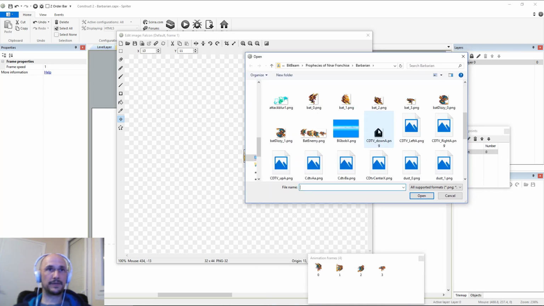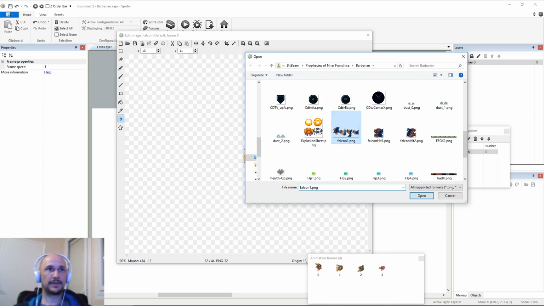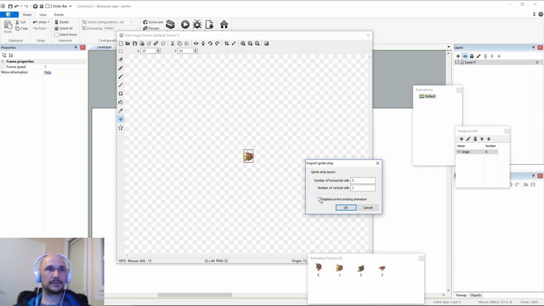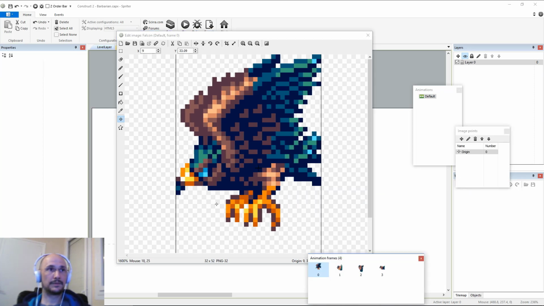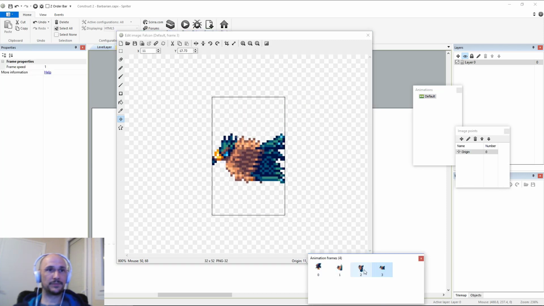And I just need to find it. And what did I call it? Did I call it bird? Oh no, it's Falcon. Okay. So it's facing the opposite way than what it's expecting, so remind me to flip it. So 4 frames horizontally, replace entire existing animation, 4, okay,